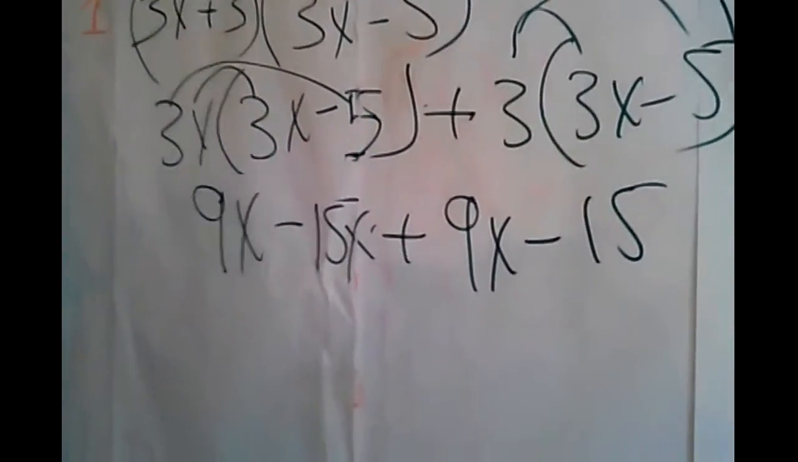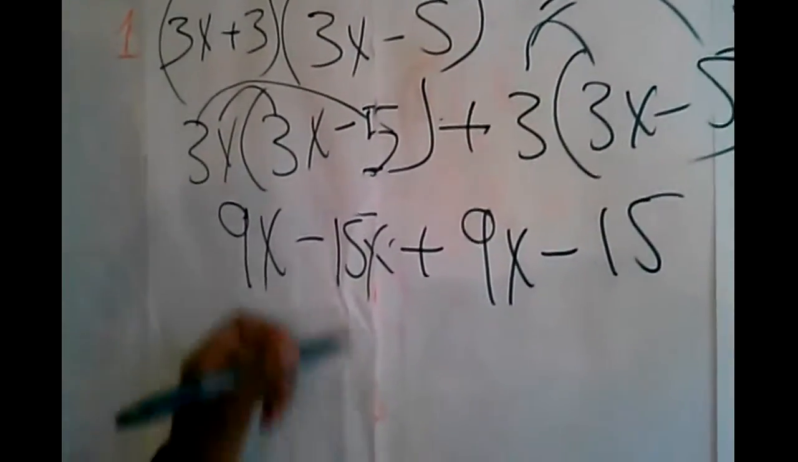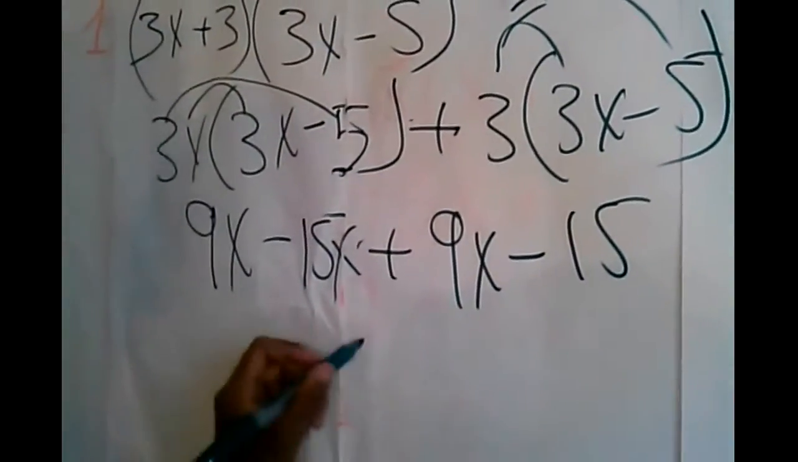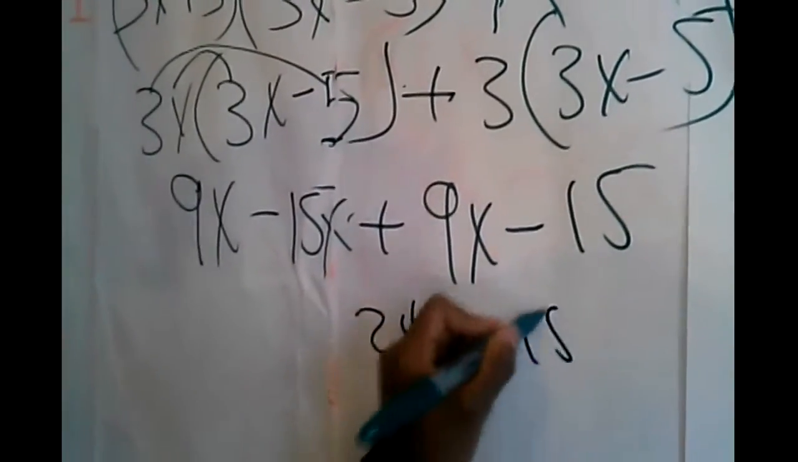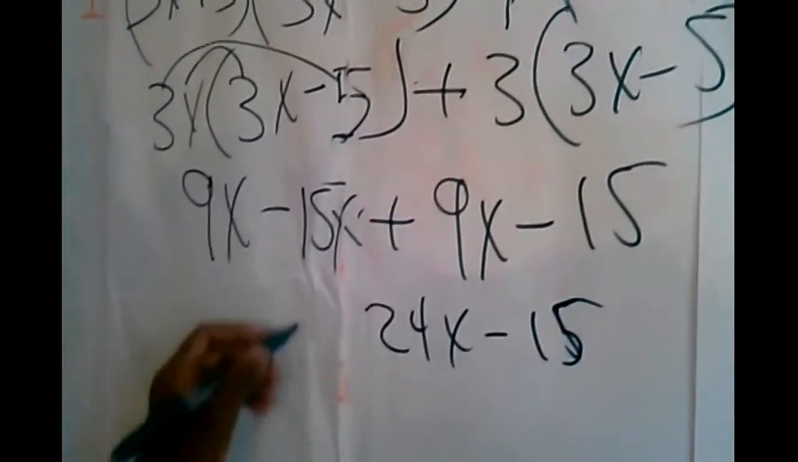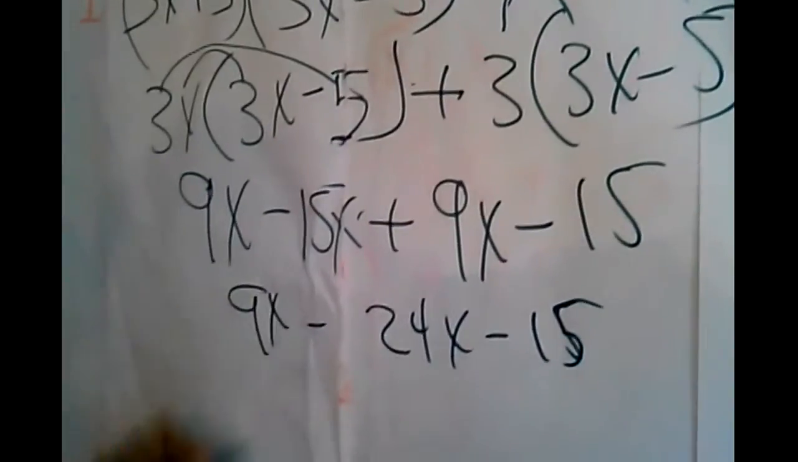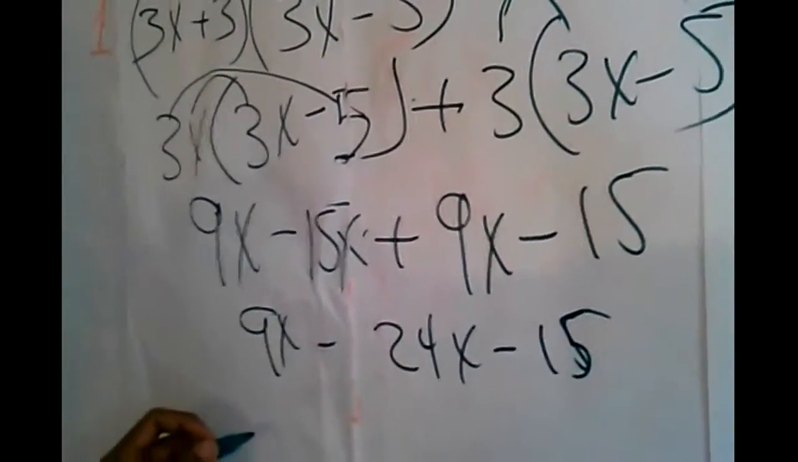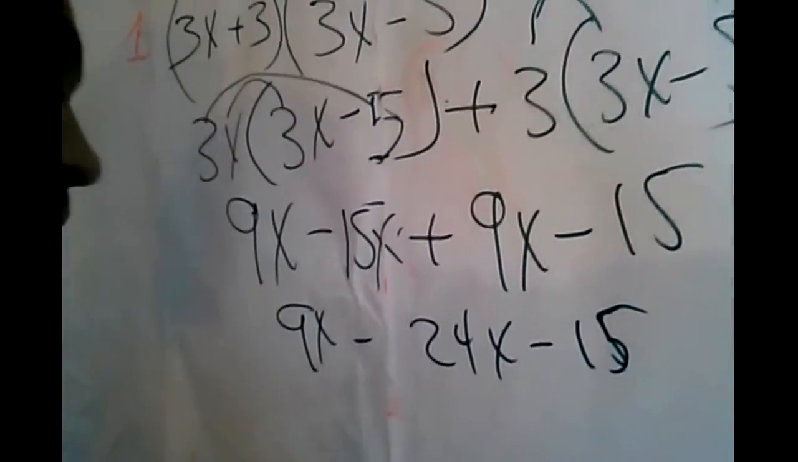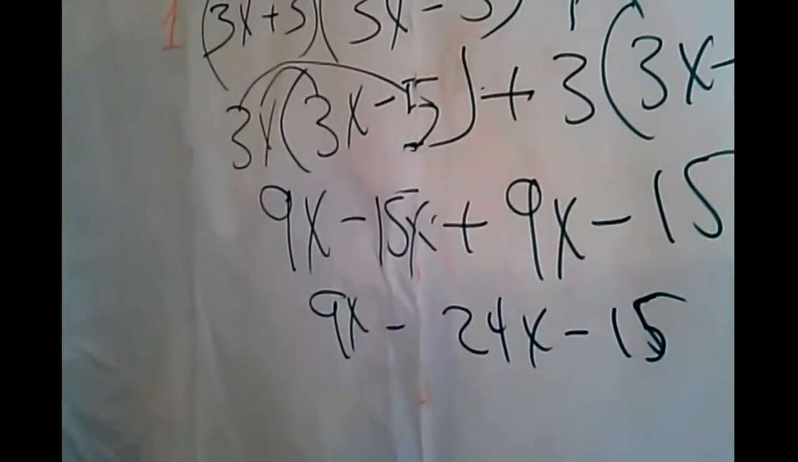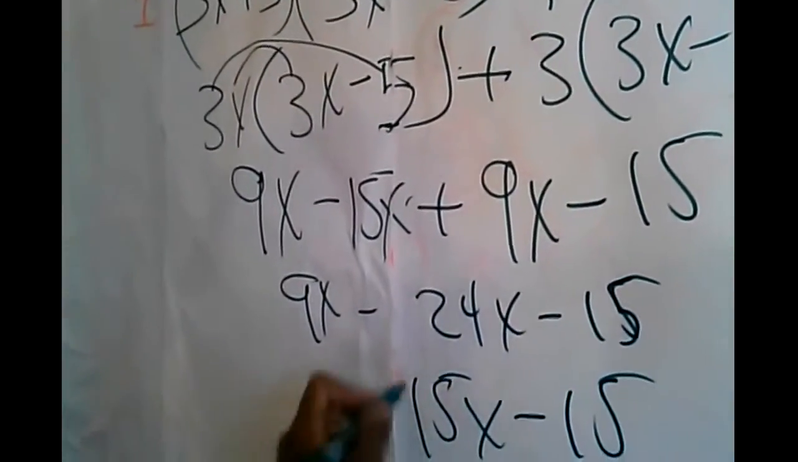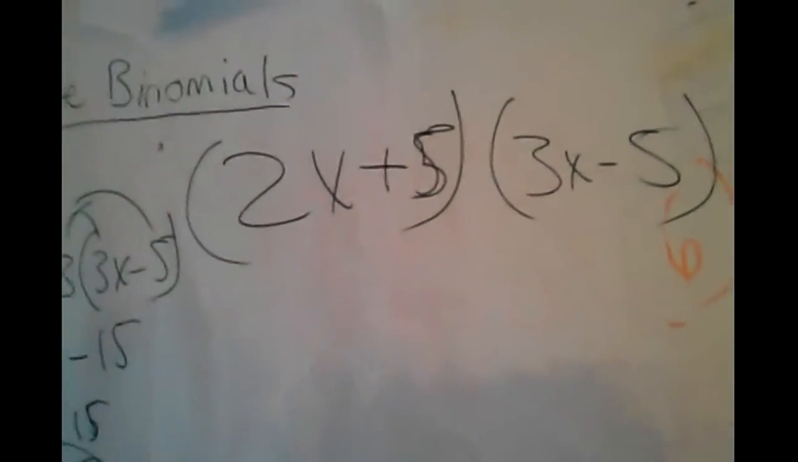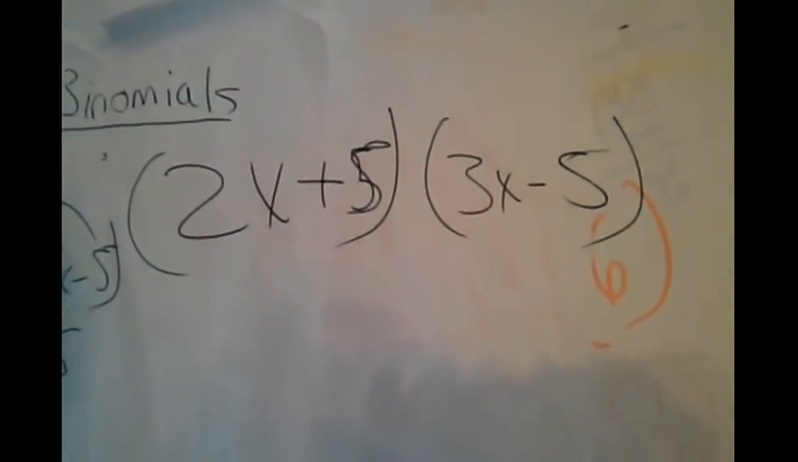Alright, then you combine like terms. 15 plus 9 is 24x, minus 15 minus 9x. 9x minus 24x is 15x minus 15. That is the answer for number 1. Next, number 2. We got 2x